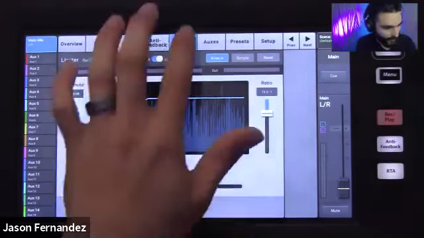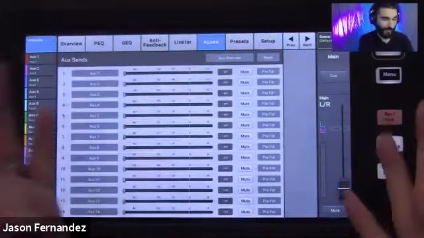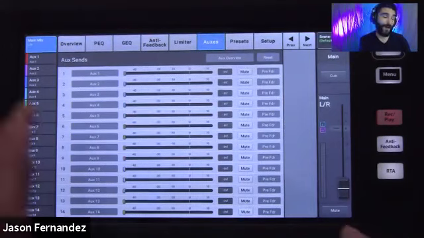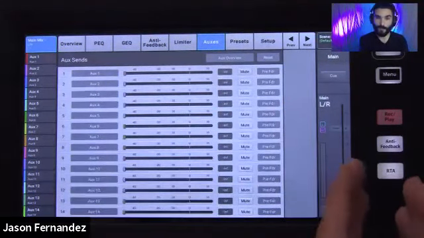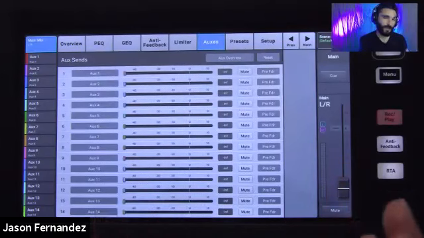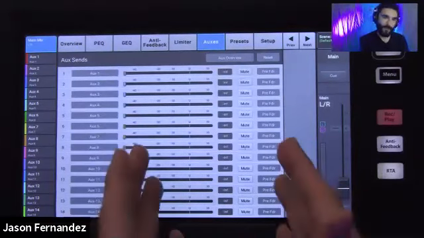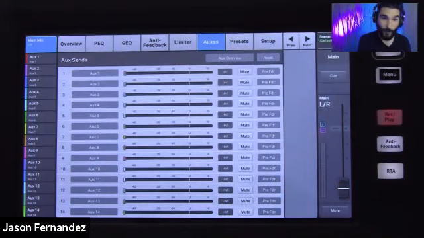Your limiter can do that. I do have the ability to route my channel out to any of my auxes here. Now, being able to route the main directly to the auxes is unique to the TouchMix 30. The 16 and 8 do not have this option. But there are other ways of duplicating and mirroring your main mix in auxes there.